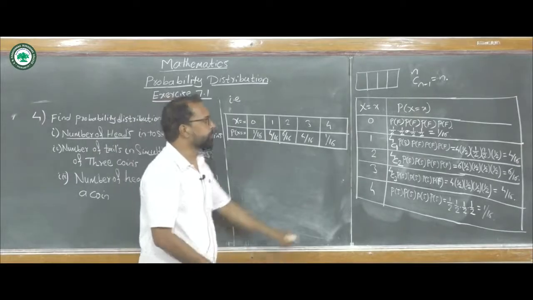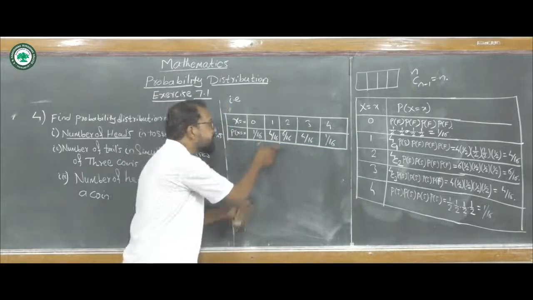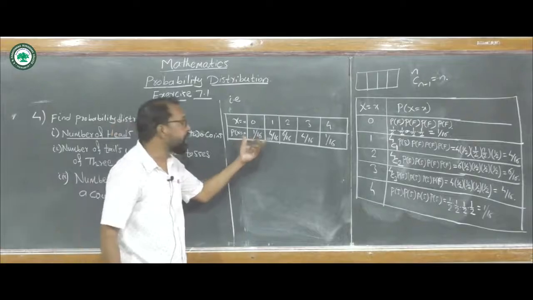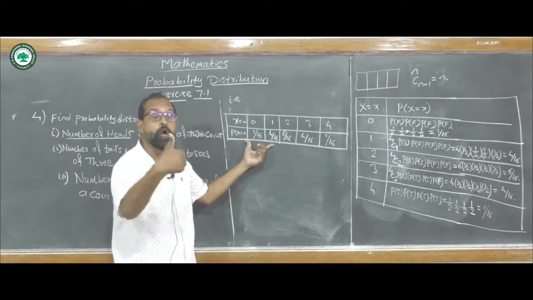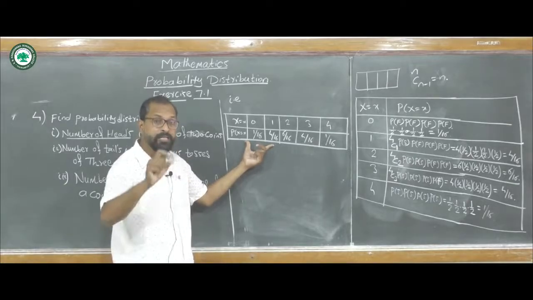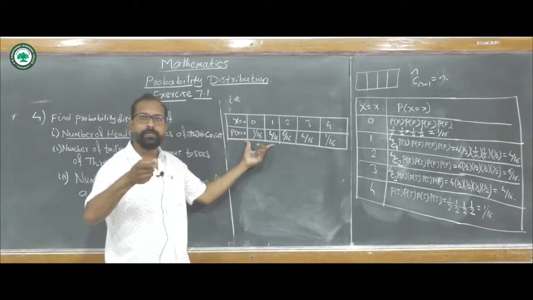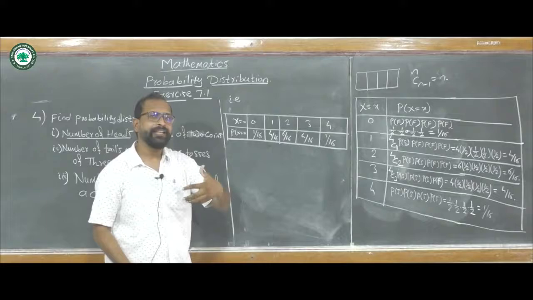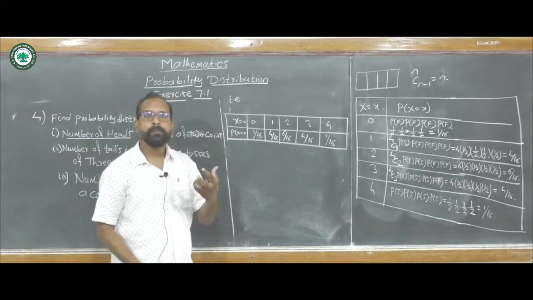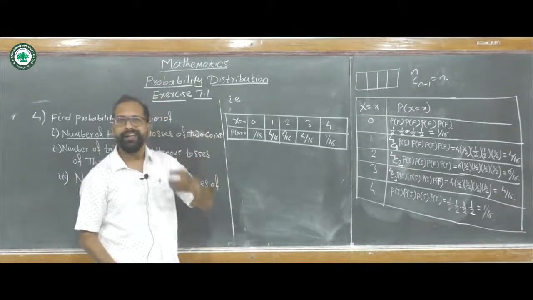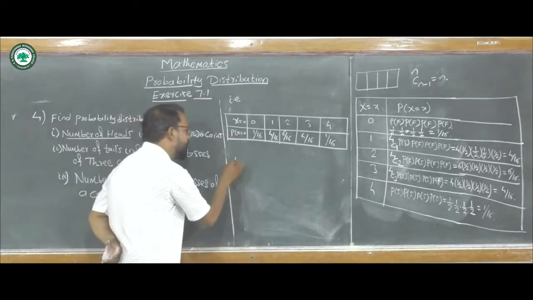Now from this example we can generalize the probability distribution for tossing n coins, where the random variable is considered as either getting tail or getting head. Both are the same because the probability of getting tail or getting head in a single trial is the same, that is equal to half. So the probability distribution